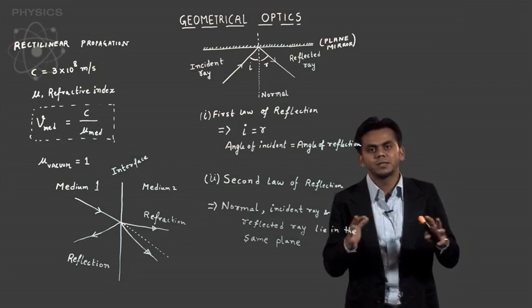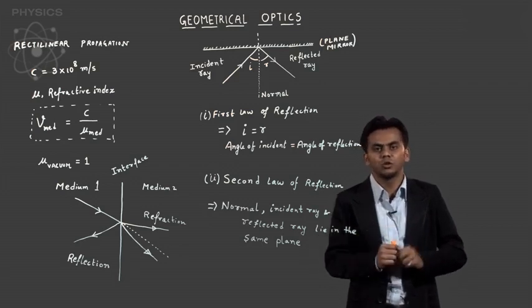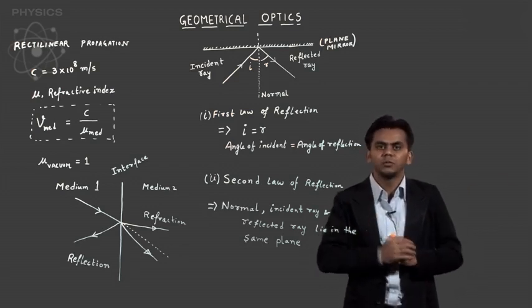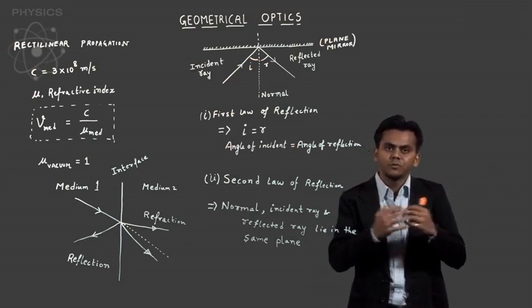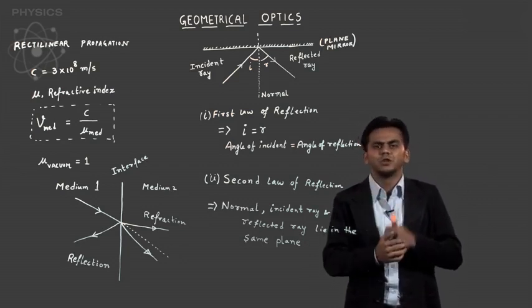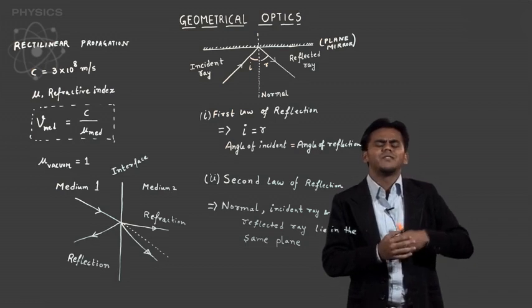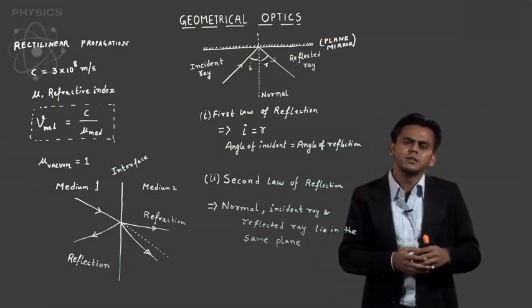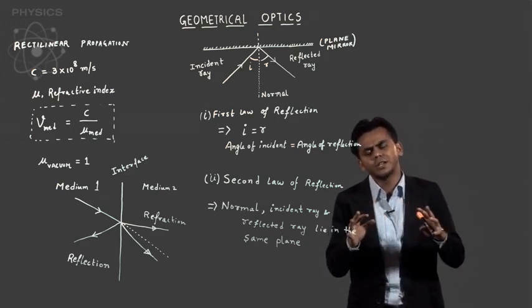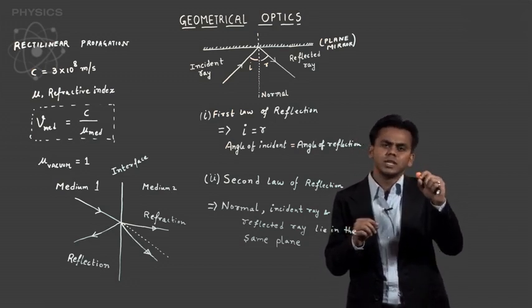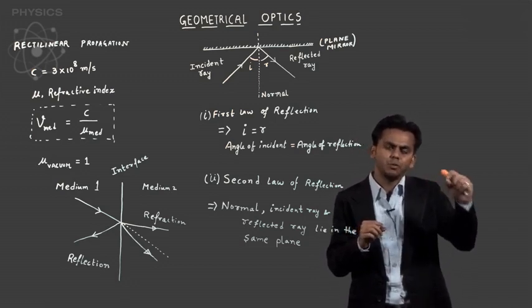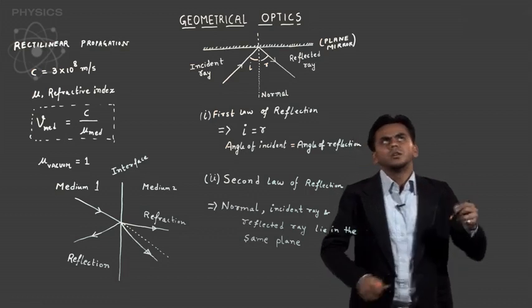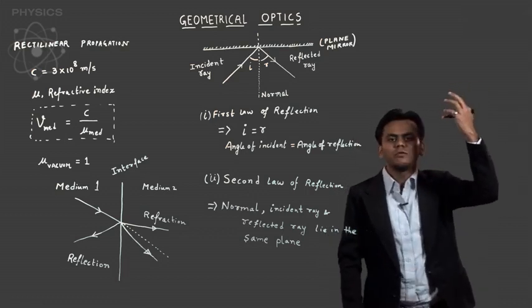So let's bear with this idea that there's something called real image, something called virtual image. Real image is formed when there's actual intersection of rays, and virtual image is formed when I have deliberately done something to the geometry of the rays to make those rays meet at a point. That's virtual image. So for the case of plane mirror,